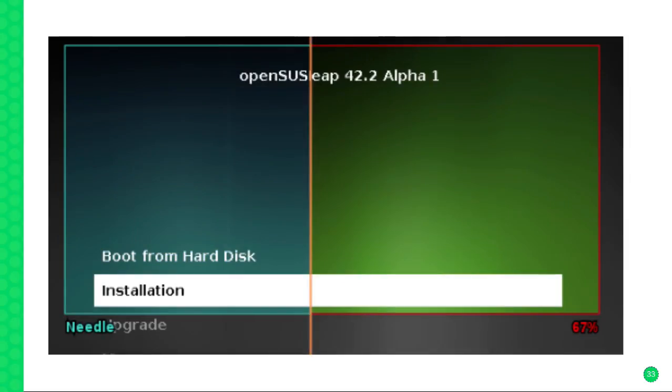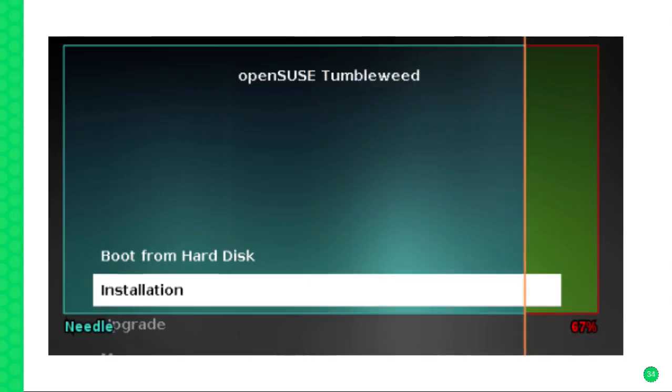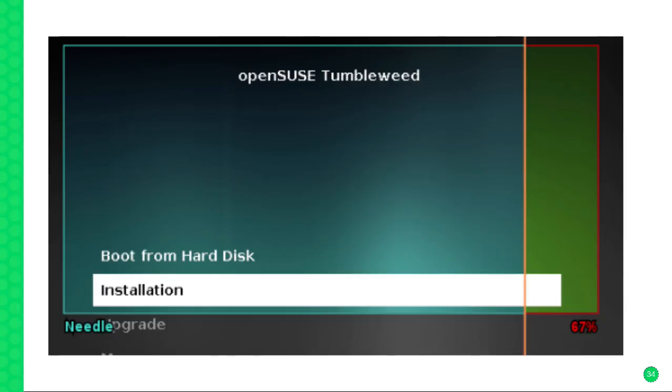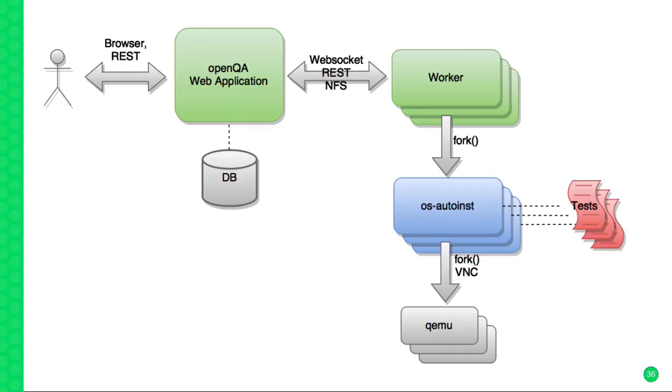So in this example, what openQA saw was openSUSE Leap 42.2 alpha, but what it was actually expecting was Tumbleweed, because I was running this in a Tumbleweed openQA test run and just using it to produce a demo. So you can very easily see